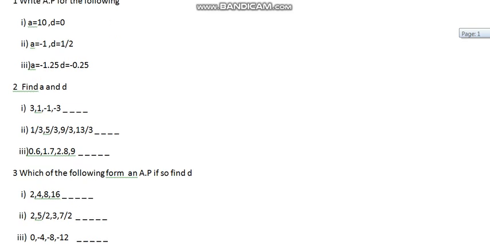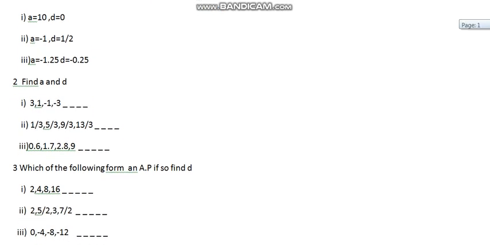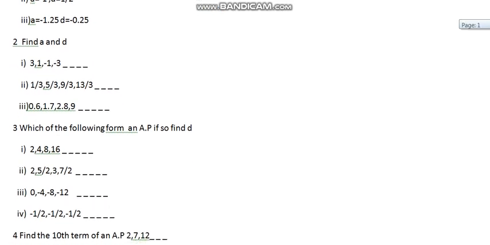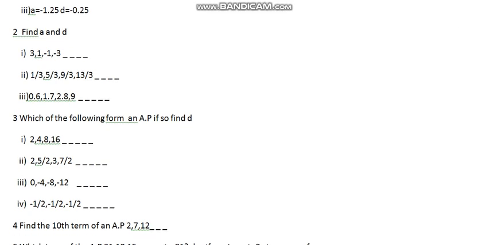Practice. I have selected the whole number, the fraction and the decimal, so that you will come to know the differences and the solutions of this conversion of decimals and fractions. Next, the second question is something like this one: find a and d. In this question you are given the AP. It is a very simple question, and you may be asked these questions for MCQs and for 1 mark also, that is objective type. So look at this one.